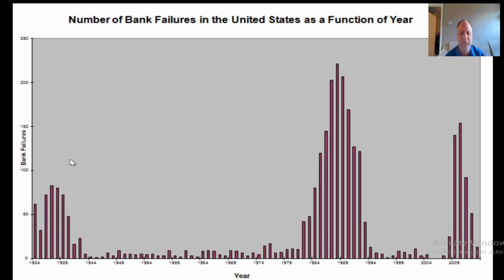During the last 100 years, there have been three different major cycles of banking failures. Here in the 1930s during the Great Depression, the second one in the late 80s and early 90s that we call the savings and loan fiasco, and the final one here, 2008, 2009, 2010, etc., called the Great Financial Crises. Each of these were largely caused by the United States Federal Reserve System, but the operation mechanism for these failures